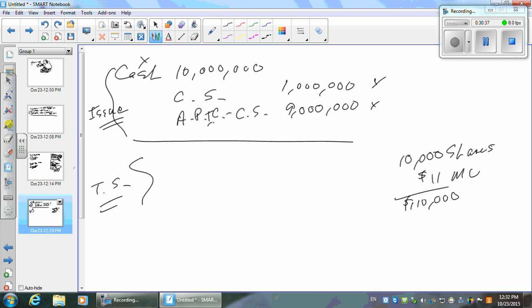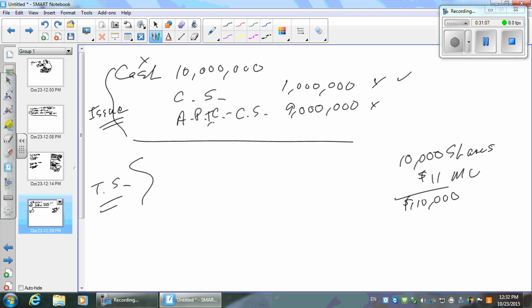So now what I've got is outstanding shares. Issued and outstanding shares are how much before I do this? 1 million shares, right? Everybody agree with that? What would I have in my common stock account, my equity? $1 million. What would I have in my additional paid-in capital? $9 million. What would be my total contributed capital? $10 million, right? You just made that happen with those journal entries. Okay, cool. So what would the treasury stock look like when I buy it?